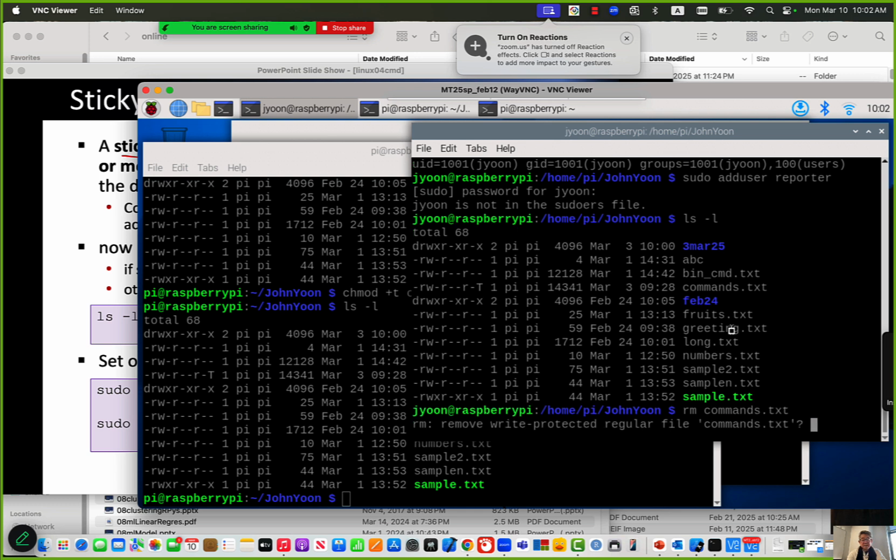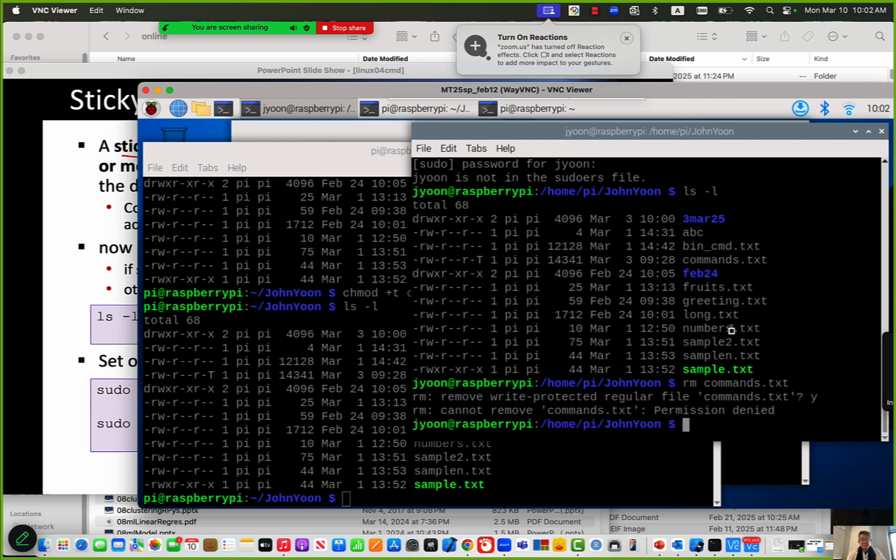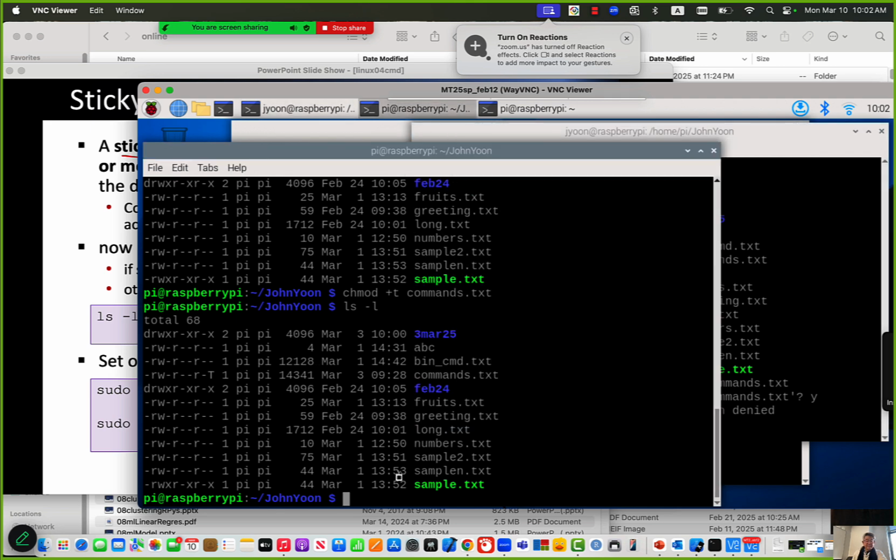commands.txt. Then it says remove write protected regular files. If I say yes, permission is not allowed, right? Anyway, so here, myself, I set the sticky bit on this text file. So I want to remove some other files. I can remove it without